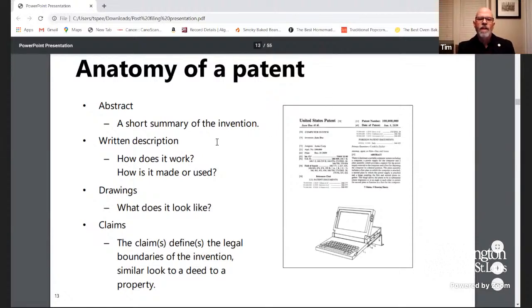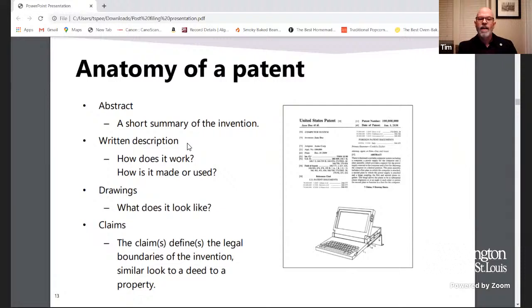And here we have the patent number here. I'm sorry, you can't see it a little better, but basically the front of here, we have an abstract, and we have what we would call the written description, which is the specification. We're going to get into more of the parts of that in a little bit. The specification supports what are called the claims. The claims, once they issue, are the part of the patent that define the subject matter of your legal protection. The description must do these things. It has to tell us how your invention works, and it has to tell us how to make the invention.